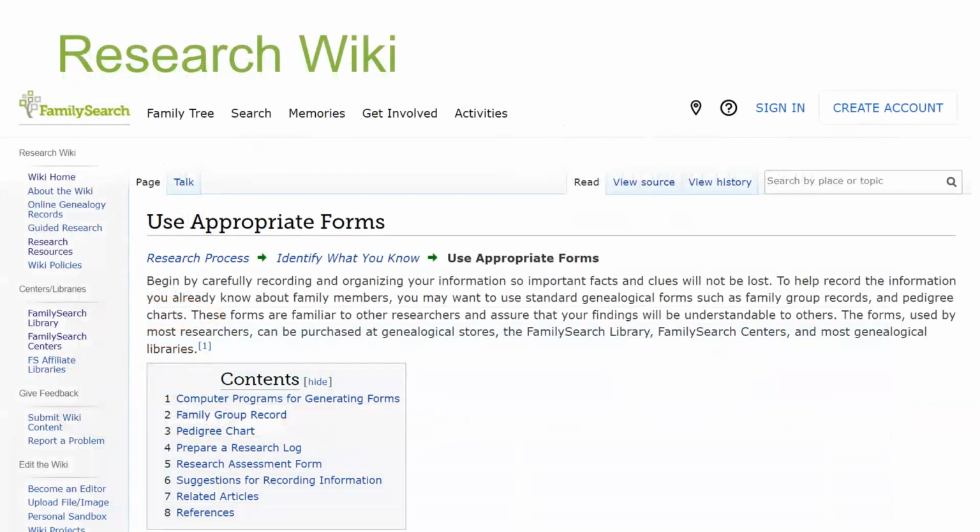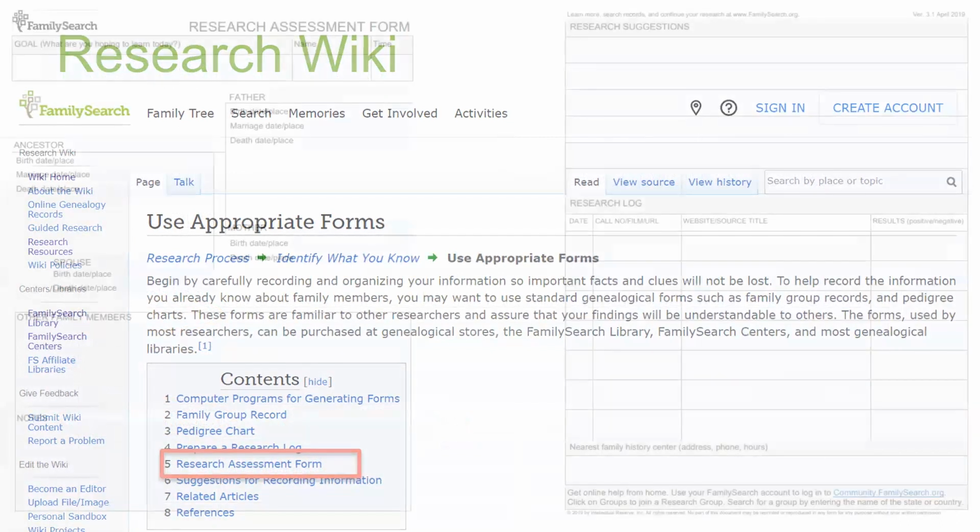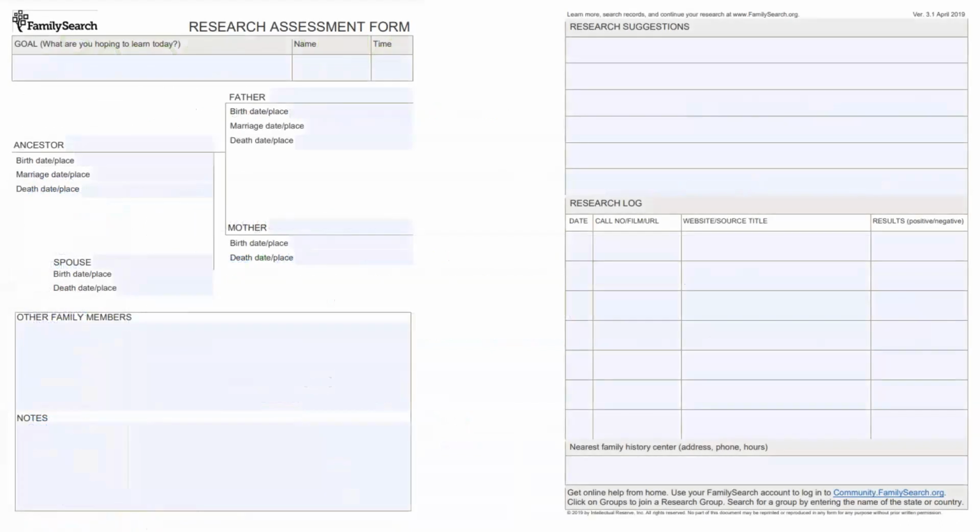The next type of form from this Wiki page I'm going to discuss is the Research Assessment Form. The Research Assessment Form is two-sided and looks like this. It has a place for you to put your goal, your beginning ancestor with identifying information, including spouse and parents, if those are known,